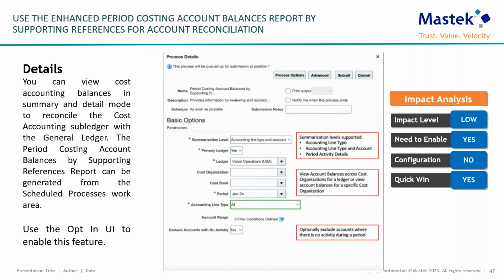Now moving to the next one, which is use the enhanced period costing account balance report by supporting reference for account reconciliation. With this feature, we can view cost accounting balance in summary and detail mode to reconcile the cost accounting subledger with the general ledger. The period costing account balance by supporting reference report